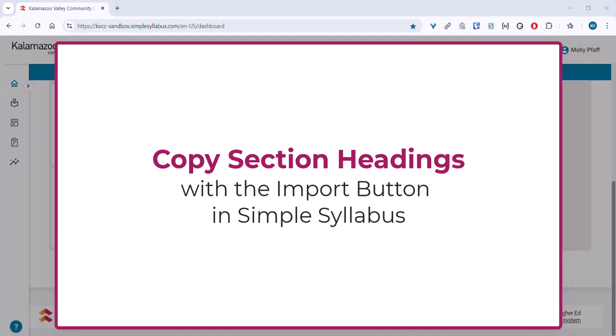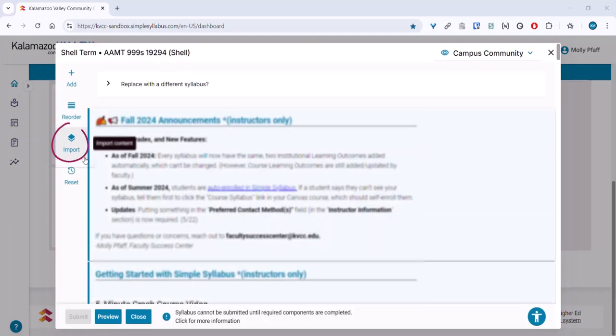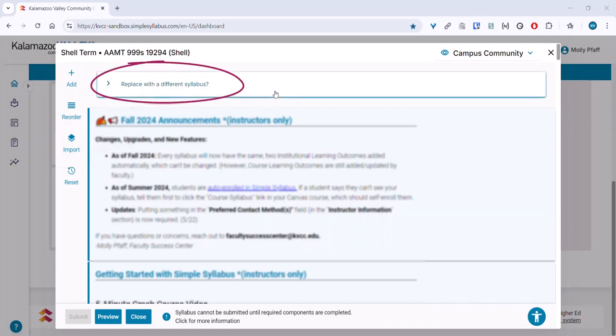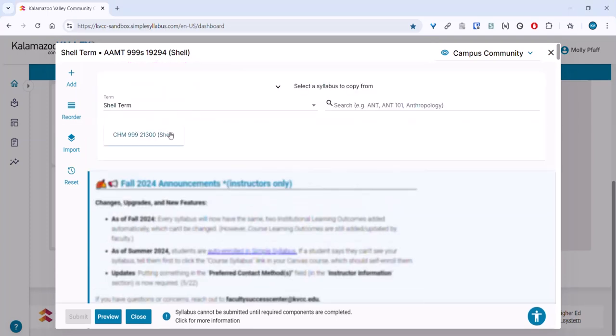This video will show you how to use the Import button to find and bring over just a few specific sections that you want and leave behind everything else. The Import button on the left side of the Simple Syllabus editor lets you import content from your own syllabus or someone else's. While using this banner at the top will let you bring over your whole syllabus much faster,